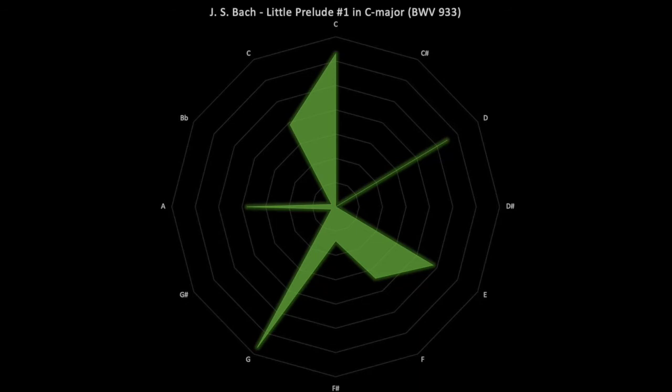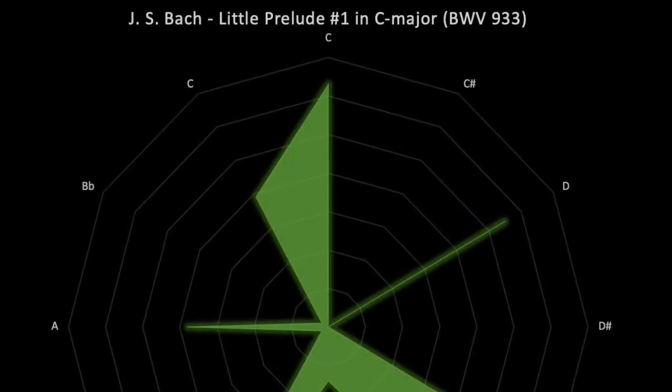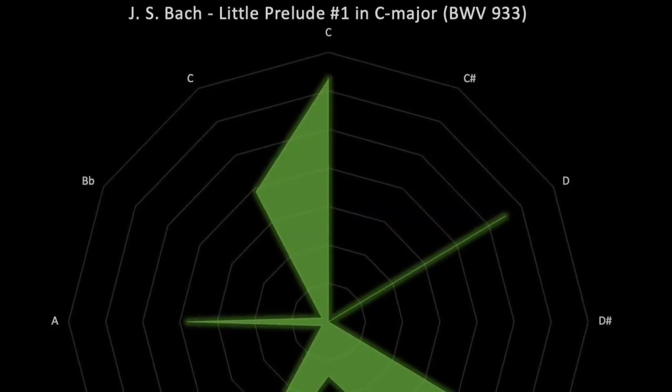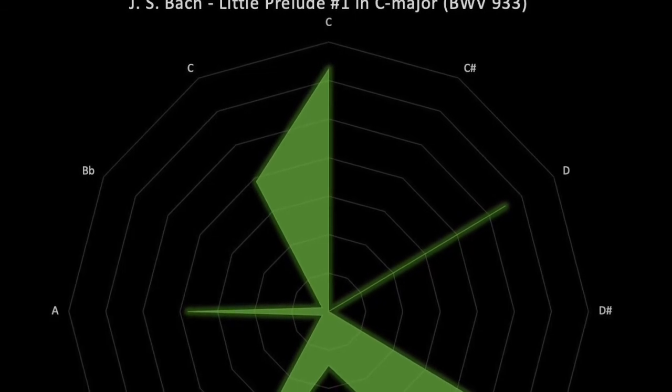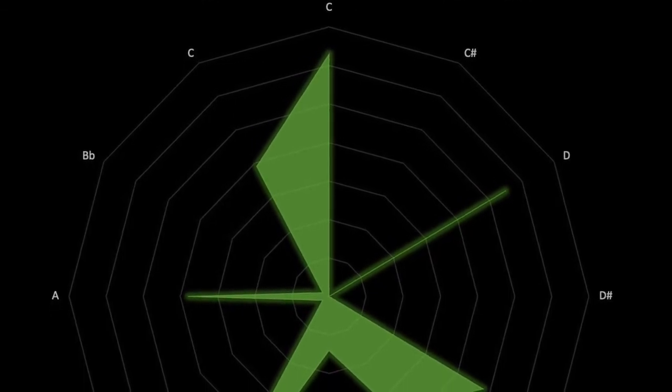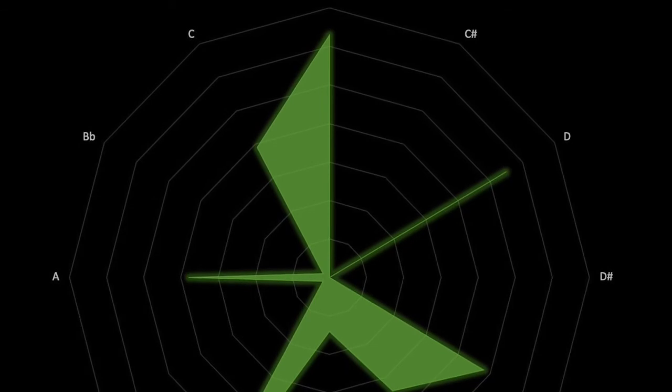I'll try to put a card up on the screen so you can have a listen to those. They're super short pieces. And you can see there, that one being in a major key means that the distribution of the long points on this circular graph is different than in a minor key.